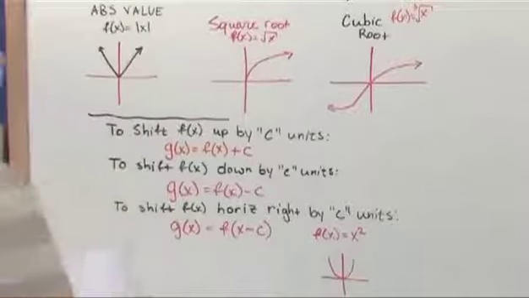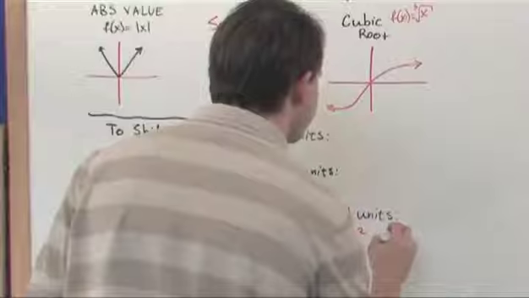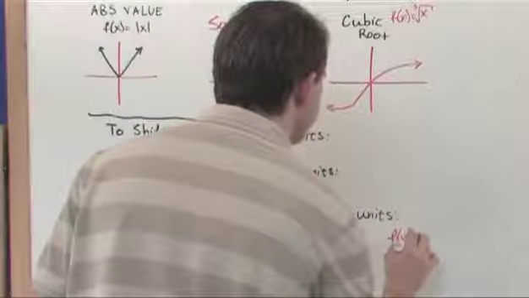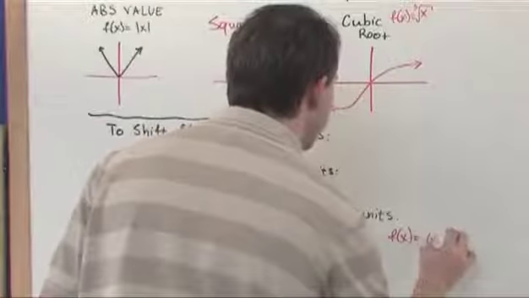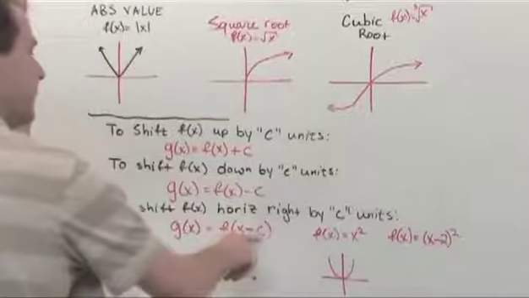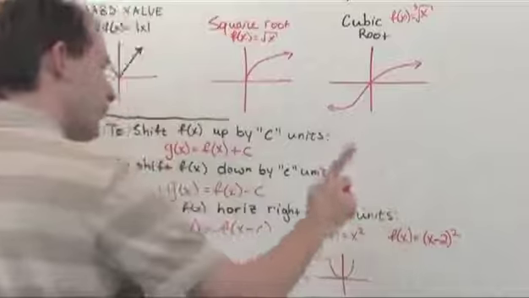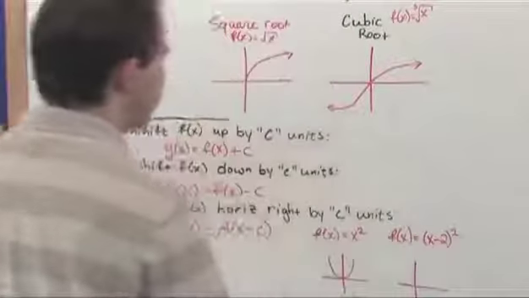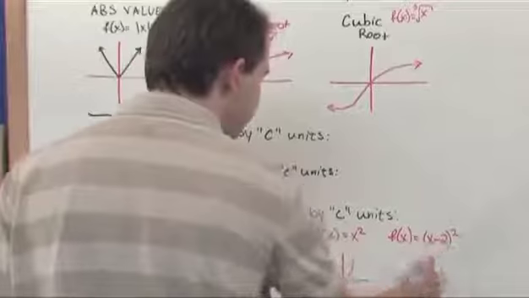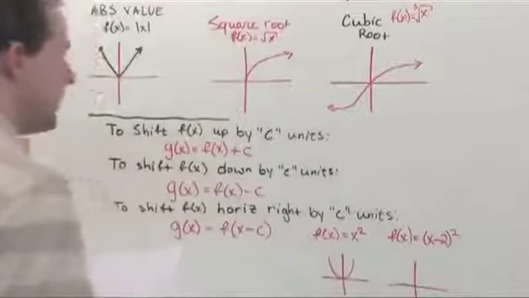Okay? Now, if I created a new function, f of x is equal to x minus 2 squared, you see I'm doing the shift. I'm shifting it to the right by 2 units, or so I claim. Let's see what it would look like. Now we could obviously plot this. I could put in values and show you, but just by thinking about it,